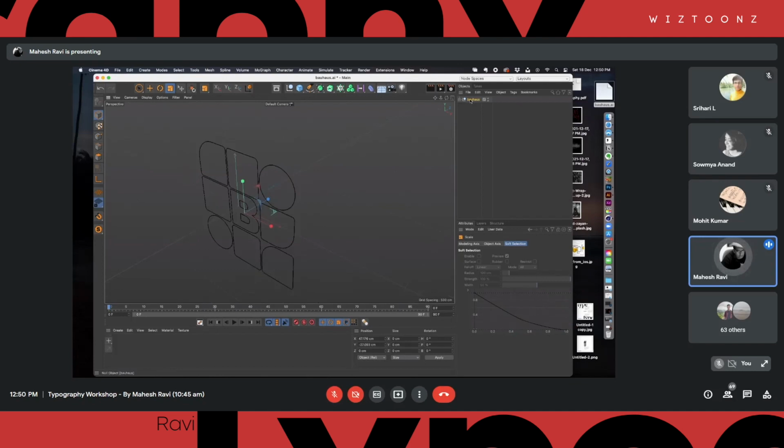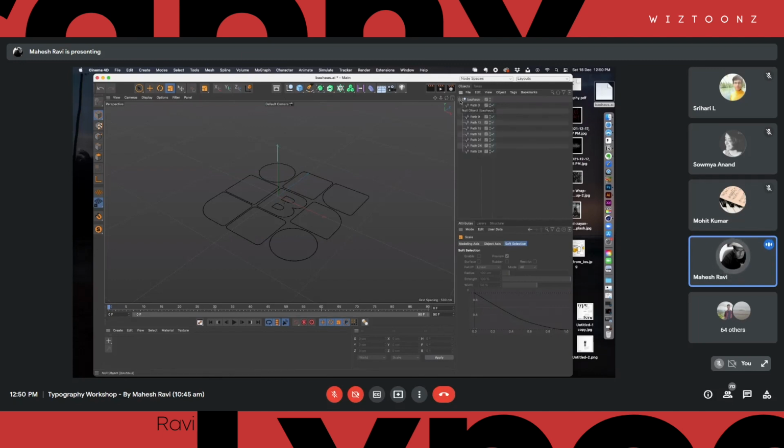Another thing that I want to do here is rotate it and make it flat on the ground. So I'm going to go to rotate and click on 90 degrees. You can see that it is now sitting on the floor, right? Now when you see this object in this scene, you can see that there is nothing there except the same shape that you created. It's not 3D yet, right? It's not becoming 3D yet.